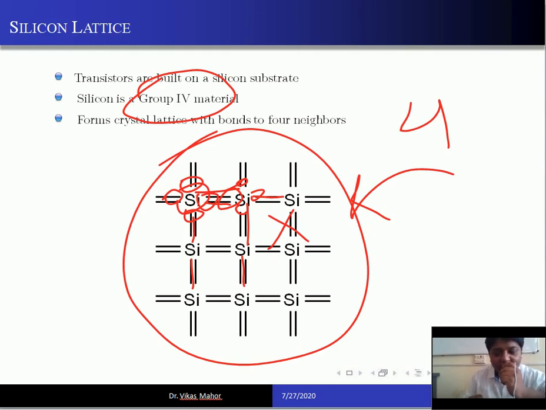Because these covalent bonds break, if you remember in your chemistry classes, this covalent bond breaks. When does it break? When you give energy. What kind of energy? Any energy. Not only electrical, because you will study electrical in this course, but you can give any type of energy. If you give heat energy also, then these covalent bonds will break. And what will happen in that case? The electrons which are making this covalent bond will become free.